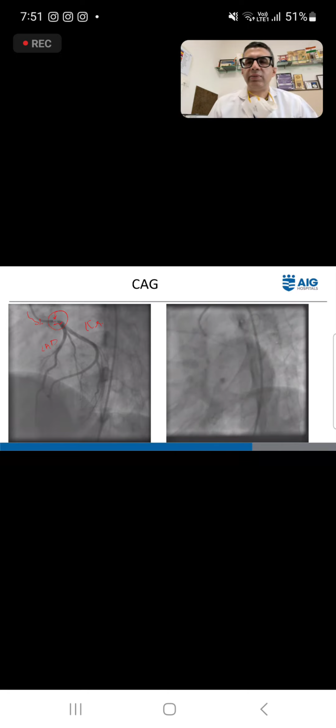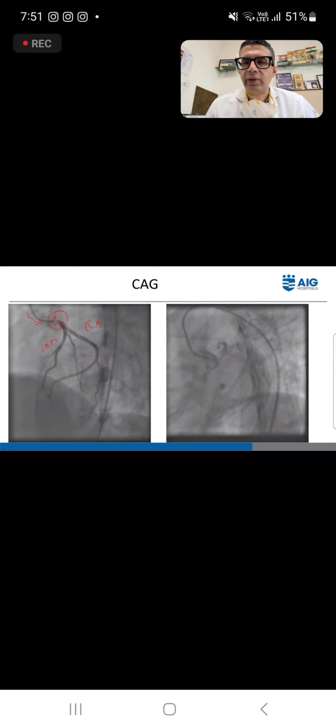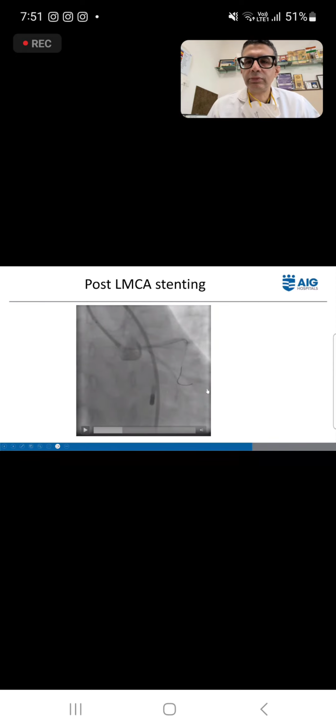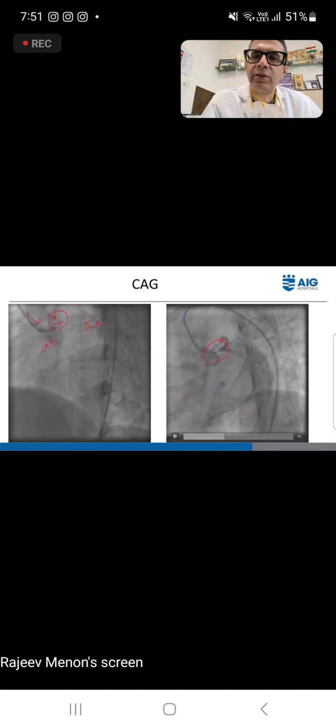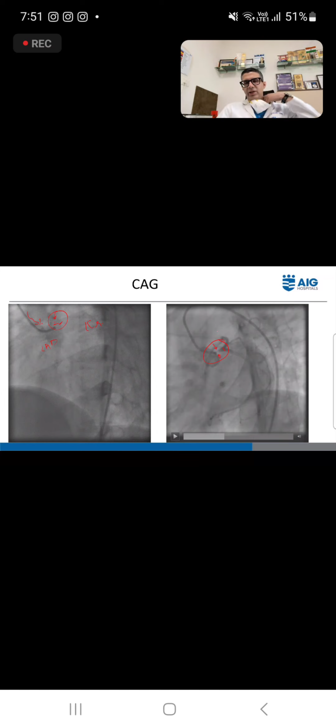So the same thing again in another view, where you can see the same stenosis here. This is the left main, that is the left main, and this is the normal width of left main, and you can see that there is a tight stenosis here. So this was an ostial left main tight stenosis, and this patient actually had a circumflex which is a dominant